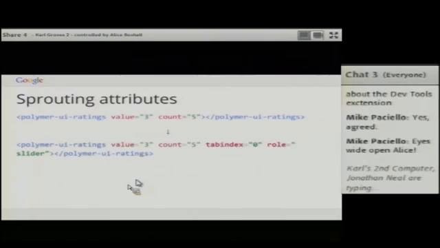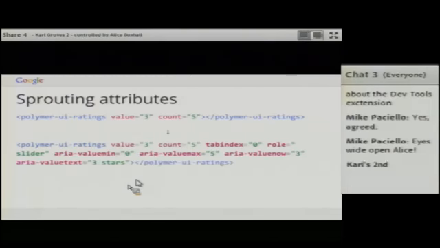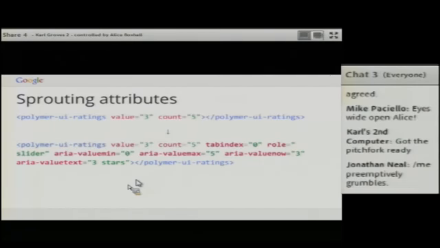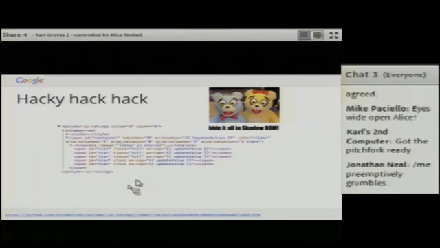This is what we end up with on this element. So it's really verbose, it's really noisy, and, to my eyes, it's leaking a lot of implementation details. We don't need to know what the ARIA role is. We don't need to know what the ARIA value min is. It's inherent, it's implicit in the element. The value is 3, the count is 5. That's all we should need to know. If this was an input element, it would suffice to set the value and the max. But because this is a web component, we have to actually add all these extra attributes.